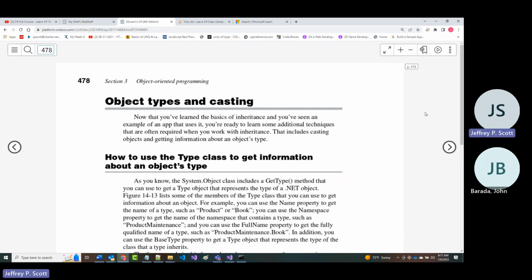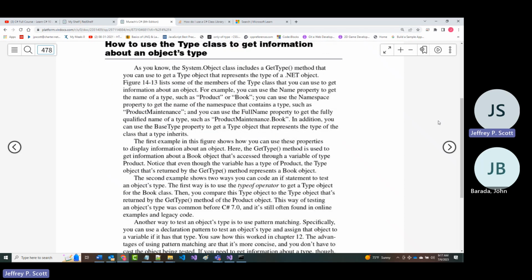All right. Now, as we wind down to the end of this, they're going to give you some more topics. I don't know what you'd call it. But this thing in here is going to talk about object type and casting. You can do a certain amount of casting. When we have done casting in the past, we have, for example, casted an integer into a decimal, so that if we do a division, we can keep the decimal portion of it, if we're assigning it to a decimal variable.